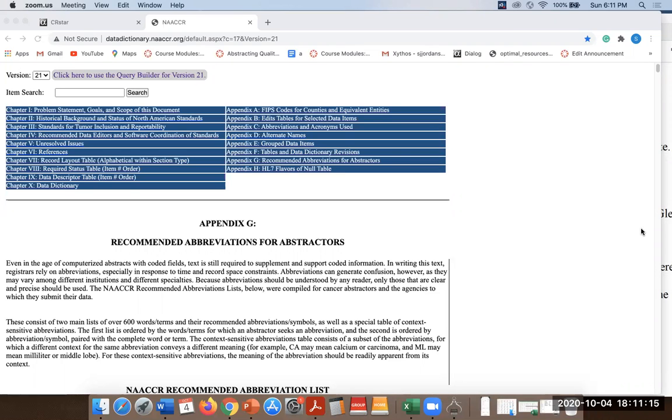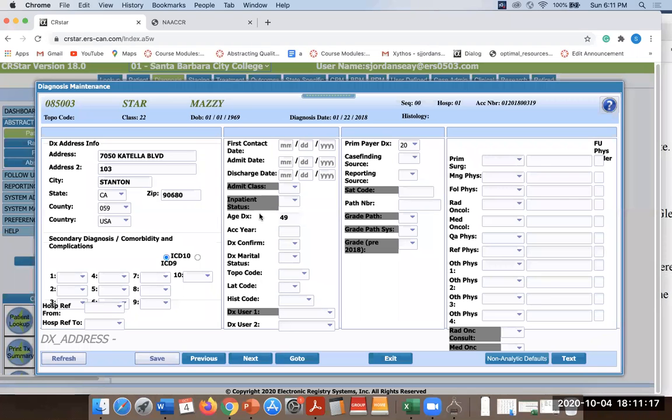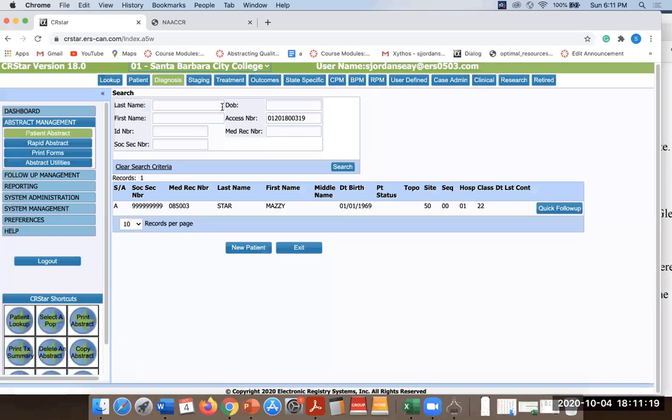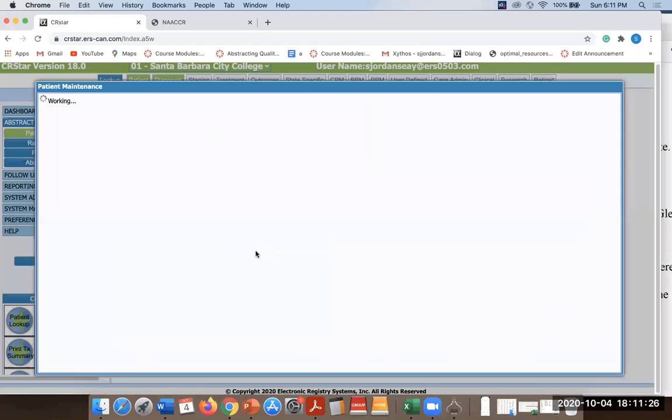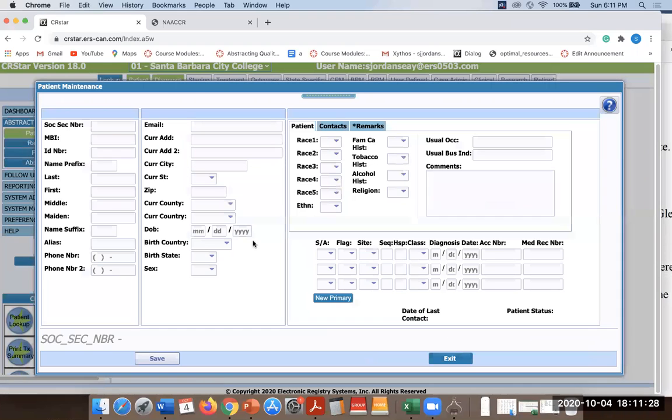Hello, everyone. I am going to do a quick overview of abstracting and highlight some points that have seemed to be problematic for people abstracting the case. So, when you put in data and you put in unknown data, it has to match the number of digits